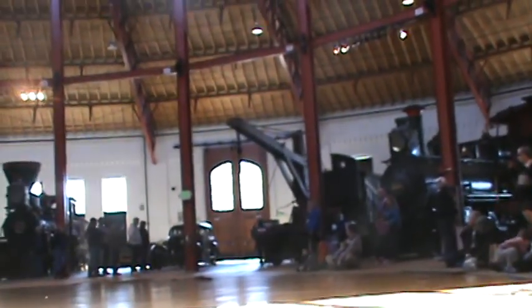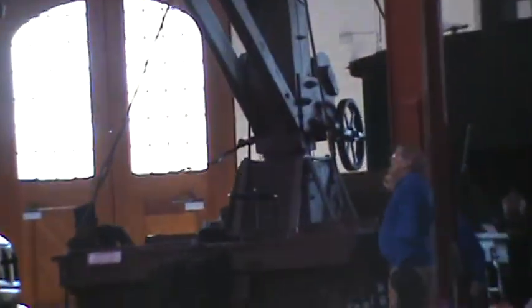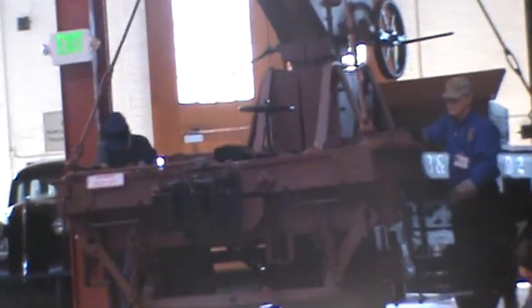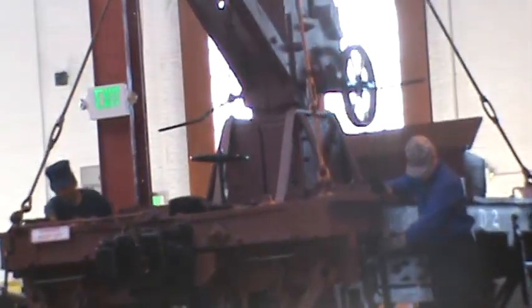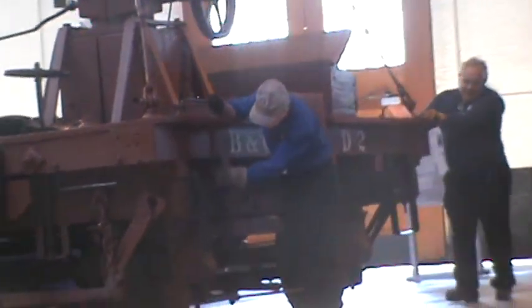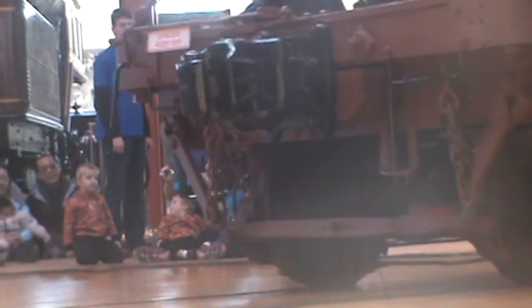This was also damaged in the roundhouse roof collapse in 2003. The boom with the crane hook on the end is snapped. The roof fell on top. Cranes similar to this started appearing on the B&O line in the 1880s. This particular one could lift 10 tons. This is another good example. You'll see the weight